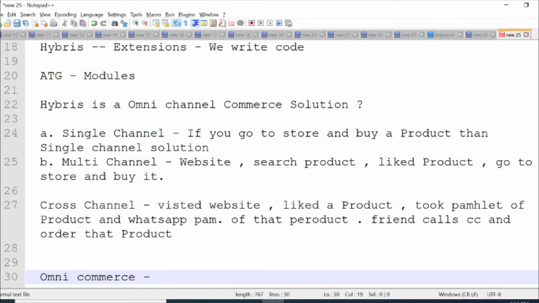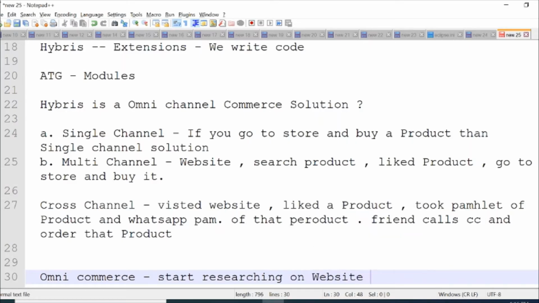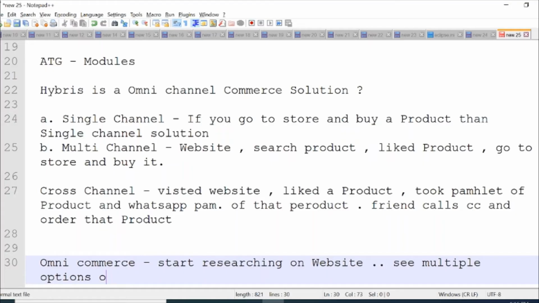So for example, you start researching on a product on a website, you see multiple options on the website.